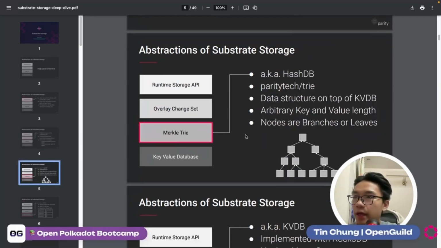Polkadot uses a hash database, and it's from the great Parity trie. You can also see it on GitHub. It's a data structure on top of the key value database, with arbitrary key and value length, and nodes are branches or leaves. In blockchain, the Merkle tree is a very common data structure that records all the state changes in an efficient way. Whenever you want to check if the state at a historical block is valid, you just check the Merkle trie with the Merkle proof,